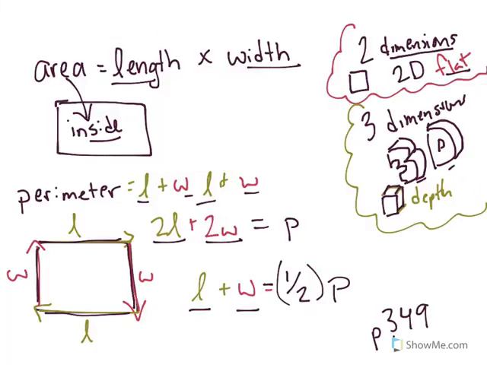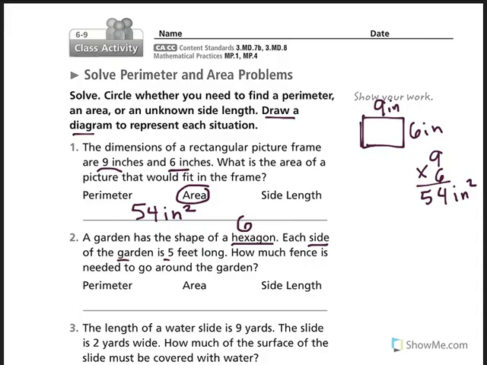So earlier I gave a definition of a perimeter for a quadrilateral, but perimeter just means the distance all the way around. So for a hexagon, or a triangle or any shape, it's just all the way around, adding up all those lengths, not counting anything more than once. So, let's see. If it has 6 sides, let's draw one. I like to do it kind of like this because it's easier for me. There we go. 6-sided shape. 1, 2, 3, 4, 5, 6. Each side is 5 feet long. So I'm going to label